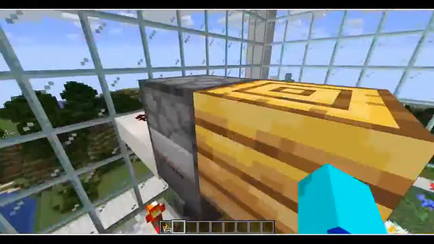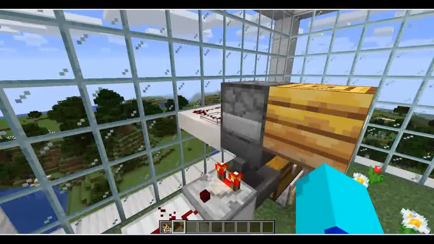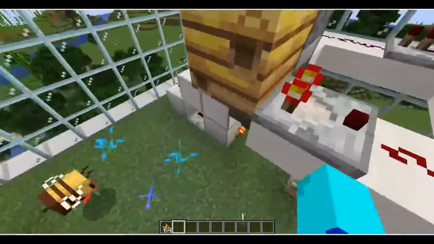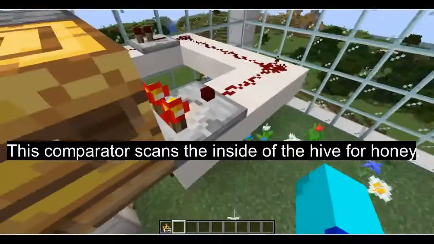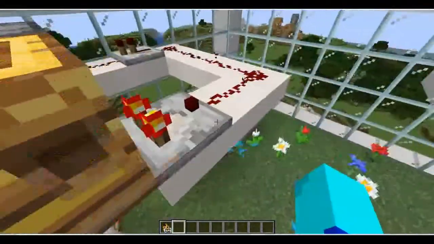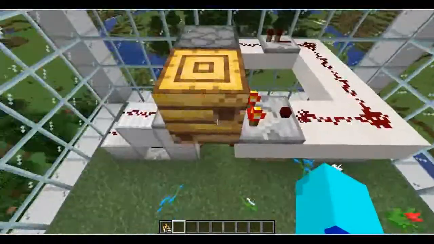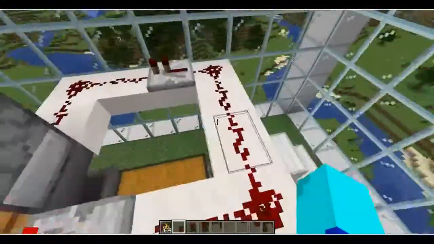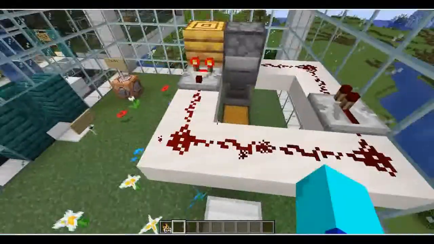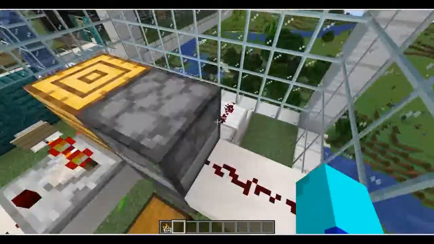So here, in this dispenser, we have a bunch of bottles here. And this comparator measures the level of honey. This looks at the honey. It scans the inside of the hive and sees its honey. So once it has 5 honey levels, this will turn orange for a half second. And the 5 levels translate to redstone ticks, because this thing's scanning it, and goes to this comparator, which turns